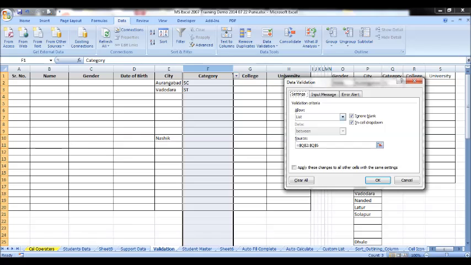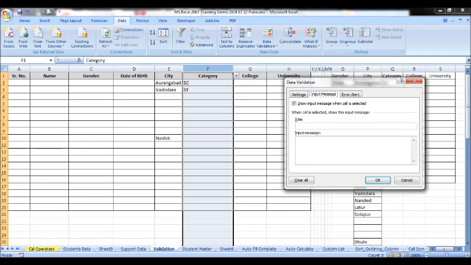During validation, once you complete this part, go to input message. Here you can set your input message, like: this is category field, enter from the drop down list only.